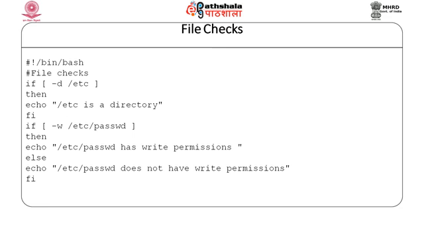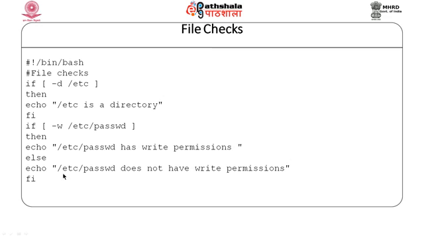Further, I am checking for another condition. I am checking whether /etc/passwd file has write permission or not. As we have discussed in earlier modules, this file does not have write permission to normal users. So, when you execute this if statement, the first will not be satisfied and the control will go to the else part.